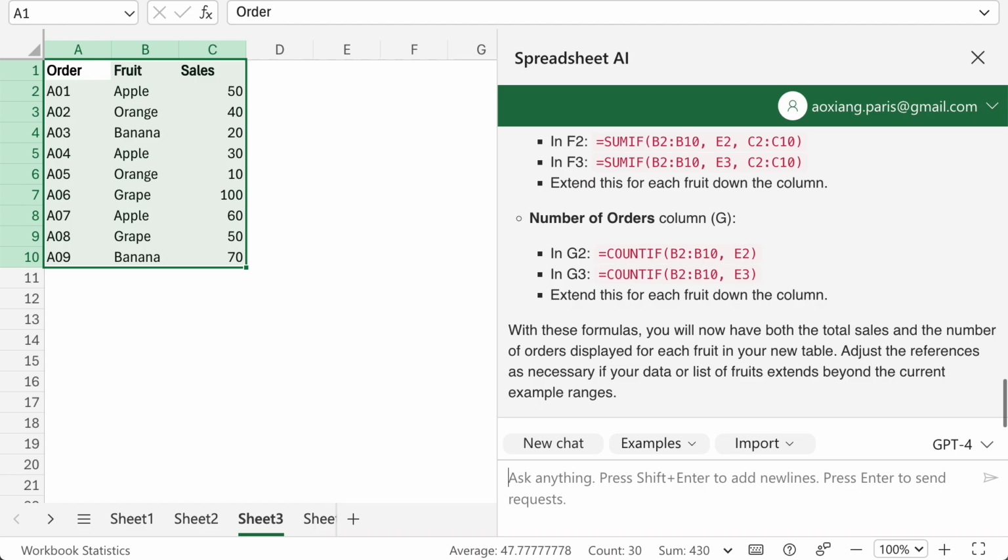One question you might have is how large the input data can be. As of this recording, the model can handle tables with 2,000 rows and 4 columns, and its capabilities are continuously expanding. To conclude, the Chat Copilot is an incredibly versatile tool that can handle a wide range of data tasks. Its ability makes working with spreadsheets faster, more intuitive, and even enjoyable.